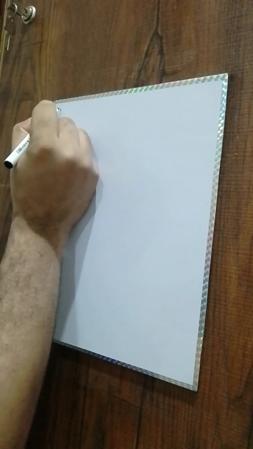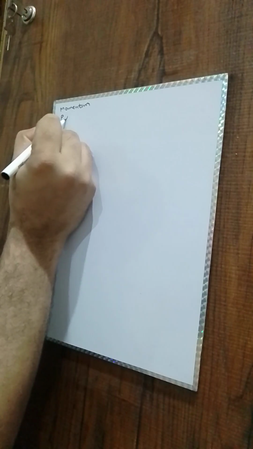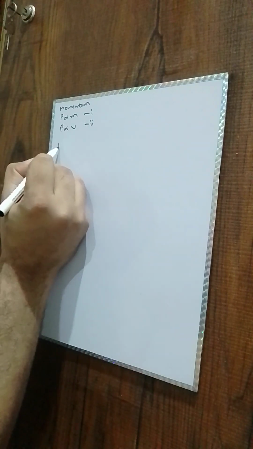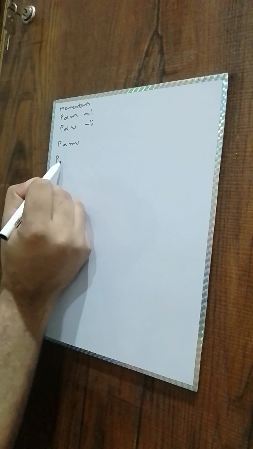Momentum: we know that the linear momentum is directly proportional to the mass, and it is also directly proportional to the velocity too. So if we combine the two propositions, it is proportional to the product of mass and velocity, the linear momentum. And if we convert it into an equation